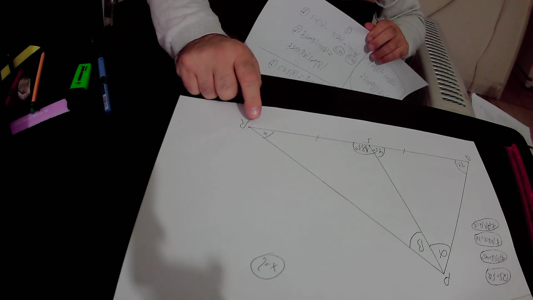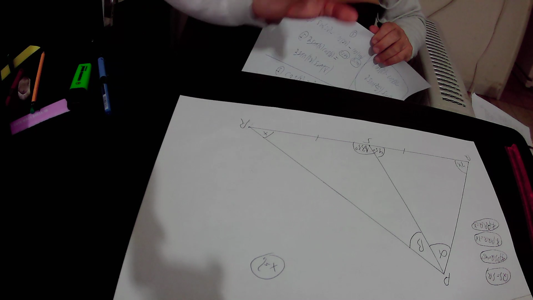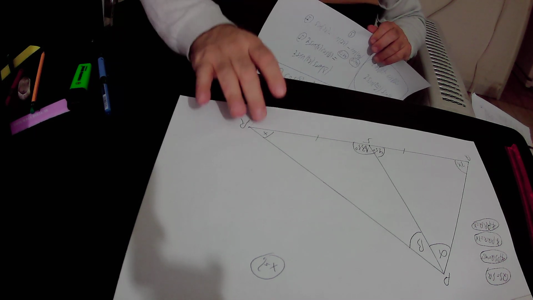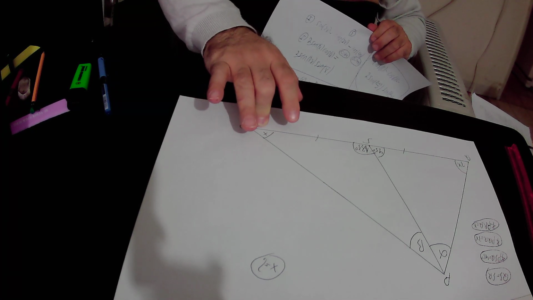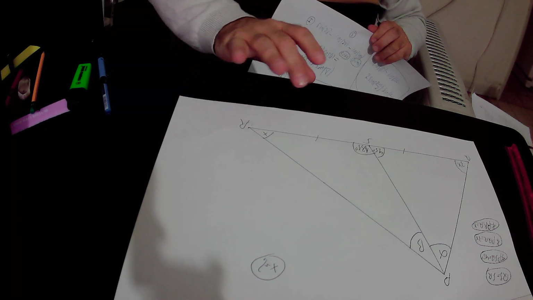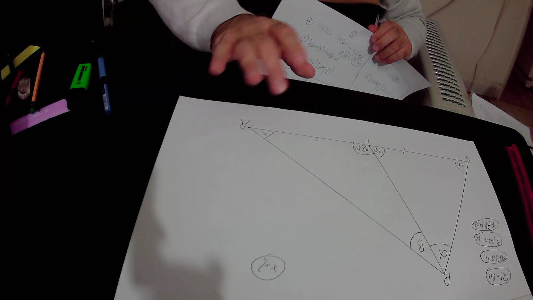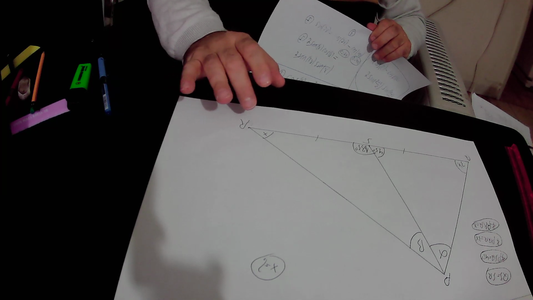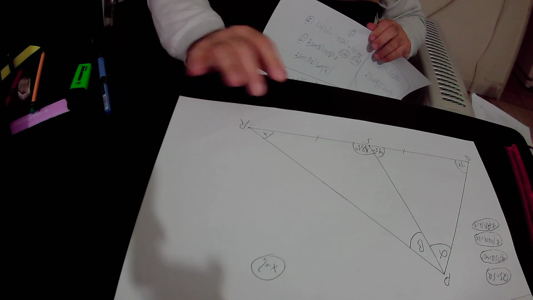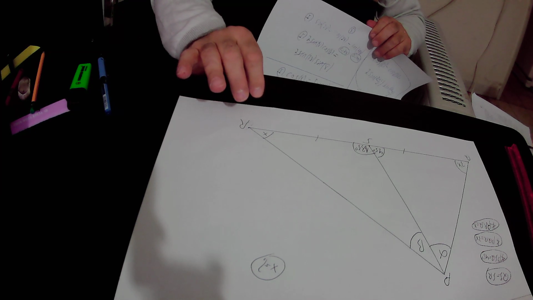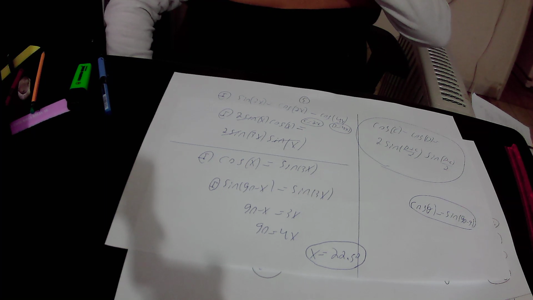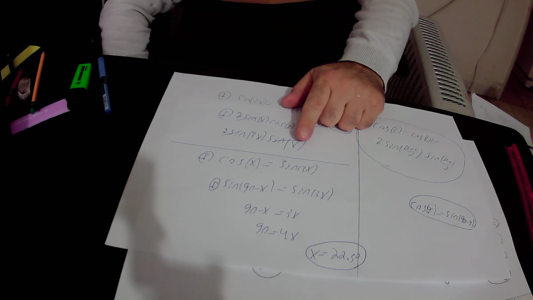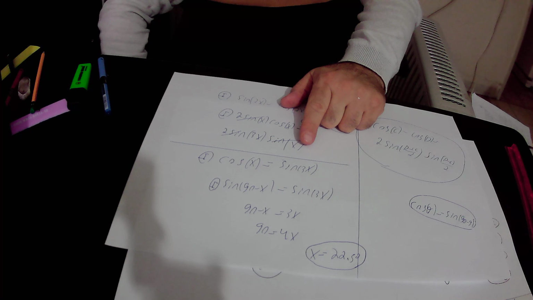So sine x, according to this drawing, can never be 0, because x is not equal to 0 degrees and not to 180 degrees, but it is something between those two numbers. That is the reason that it is allowable to divide the equation by sine x, because sine x can never be 0. Okay, so we got that cosine x equals sine 3x,